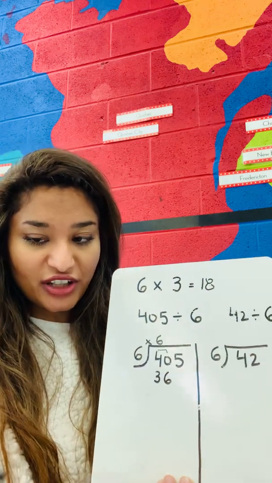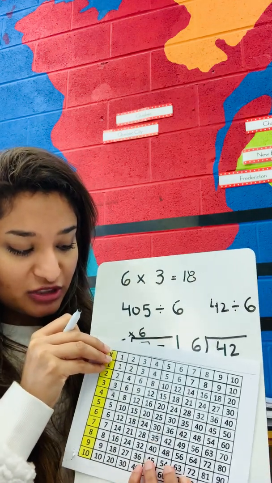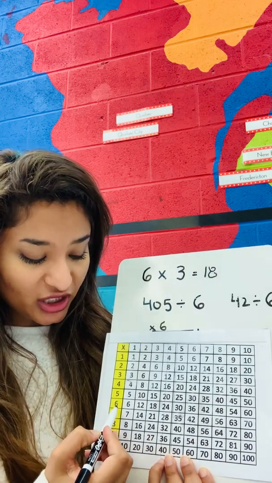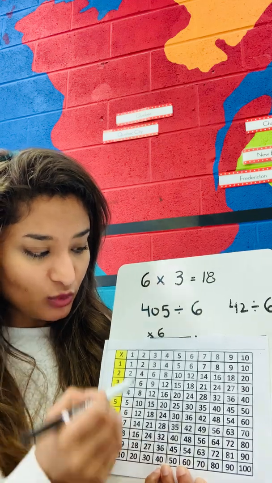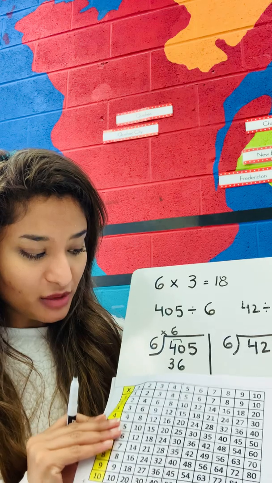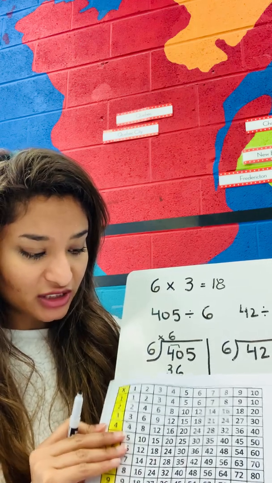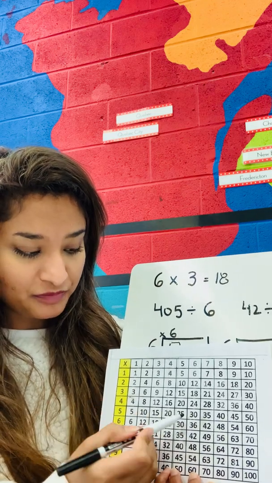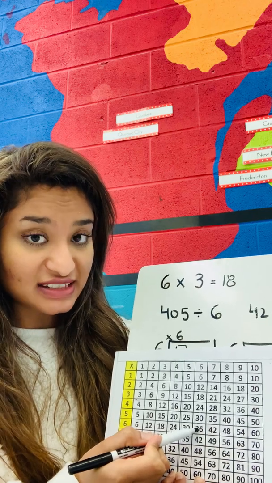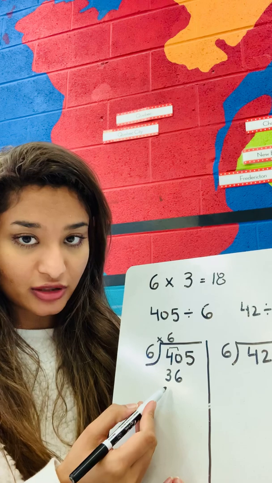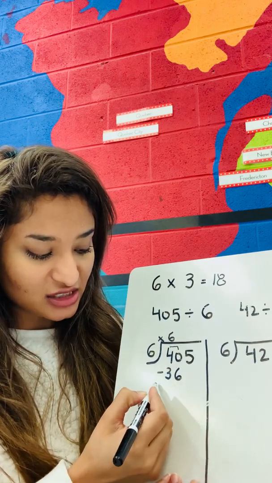Now grade 3s, if you look here in your times table sheet, do you see how this whole number, the yellow one, went up? So your whole number goes up and your multiple comes down. Did you see? This was my multiple. This is the multiple I used, 36, right? I knew that I can only use 36. This is my 6 times multiple. So that multiple came right here. Okay, then I subtract,